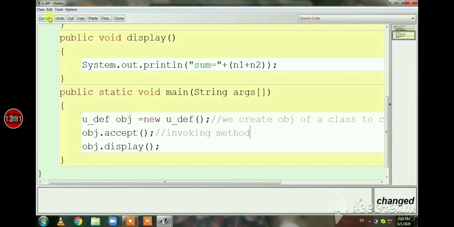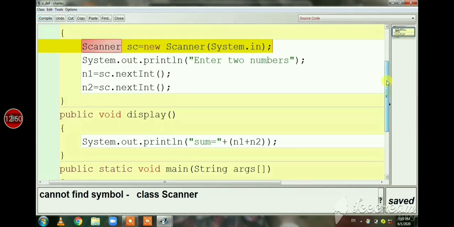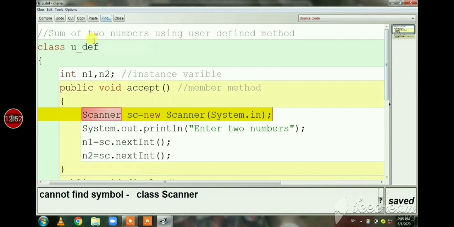Okay, now I am going to compile this program. My file is saved. Okay, I can see one error, the scanner class error. Here I am using the scanner class, but I didn't import the package.